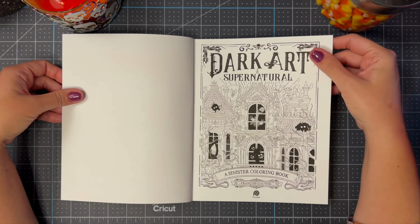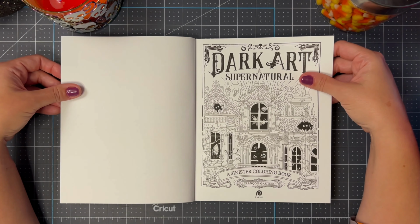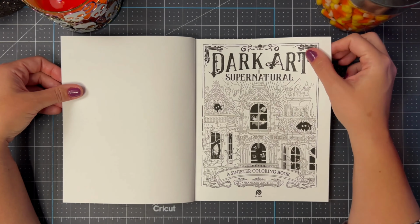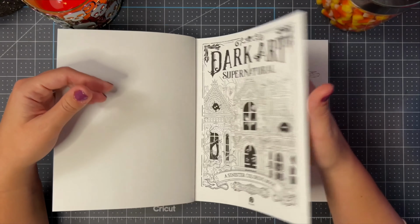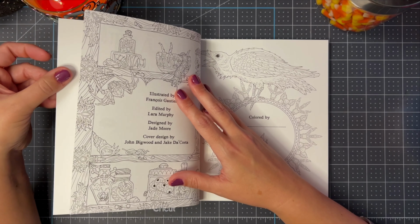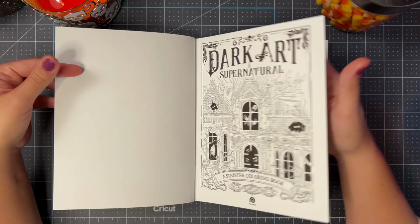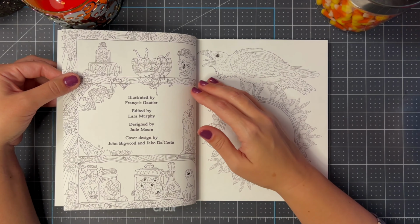So when I was searching, I already saw the quality of this book, and I was definitely looking for coloring books with good pages, good paper. This has pretty thick paper that I appreciate. It's almost as thick as the cover. So if you like that kind of thing, you want your pages to stand up to...